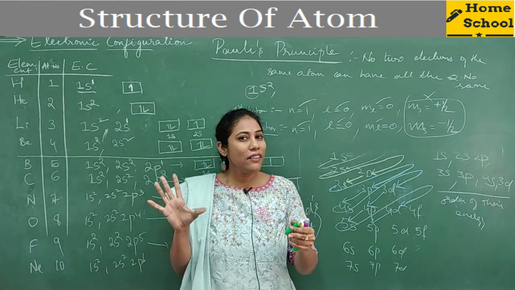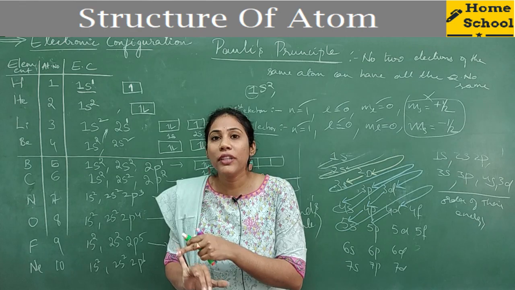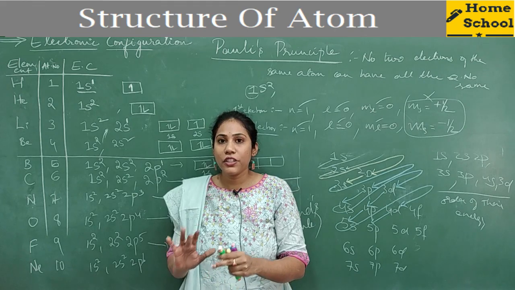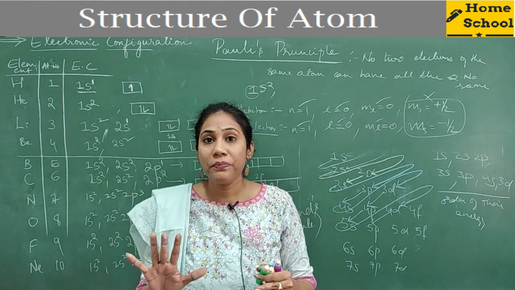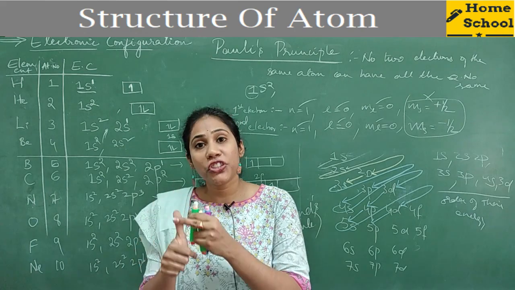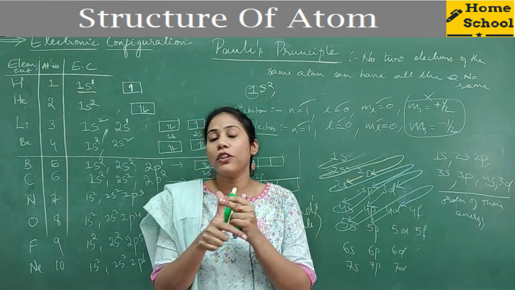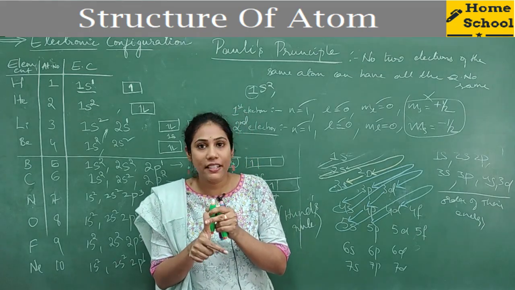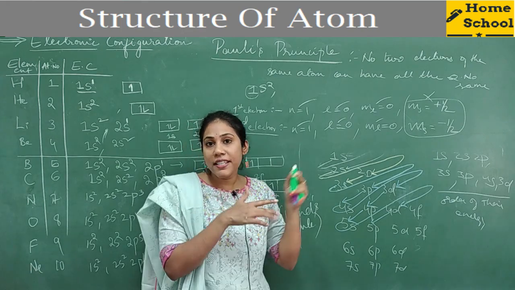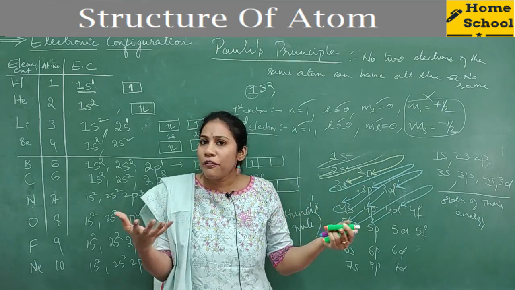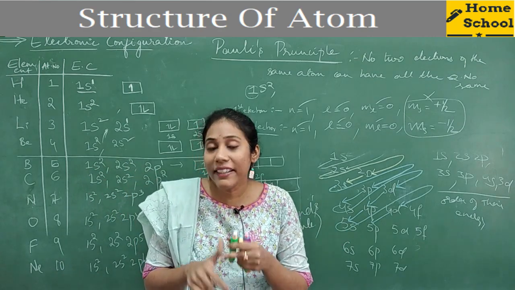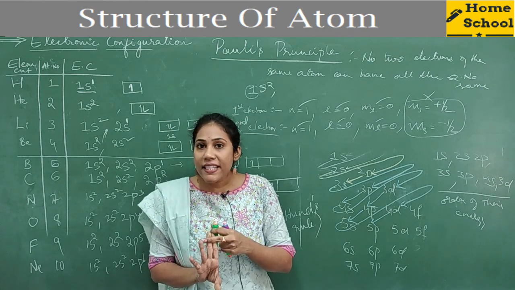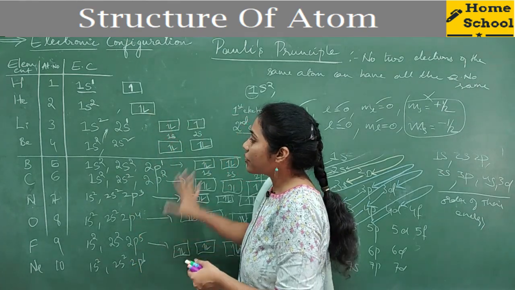So what all we have learned in today's session: we got to know how to write electronic configuration, and in the course of writing electronic configuration, we have learned three principles. One is Aufbau principle, which helps us to write electronic configuration because the electrons always enter the subshells with least energy. So who has arranged all the subshells in the increasing order of their energy? With the help of that only we can write the electronic configuration, right? So that is Aufbau principle. And later Hund's rule we studied, Pauli's rule we studied.